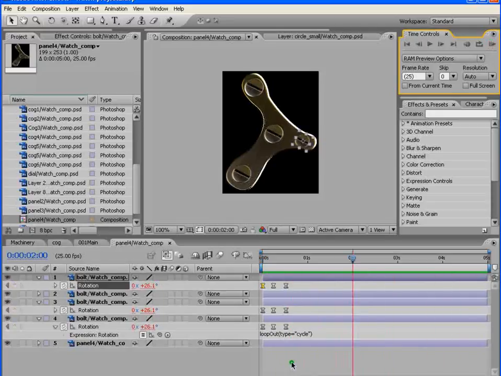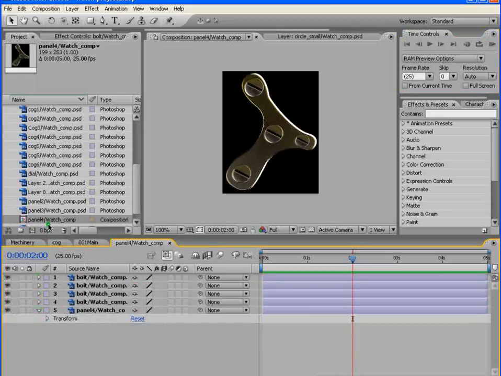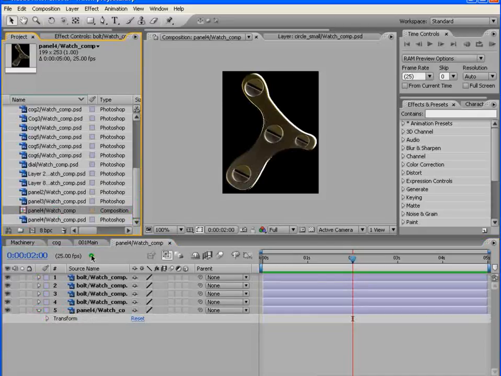So as you can see, they're animated. Okay, let's go towards our next step. This is our first panel, panel 4. Now let's make another panel here, which is panel 3. Drag it in a comp,